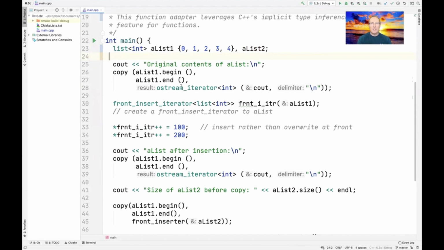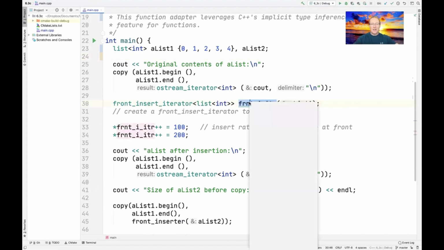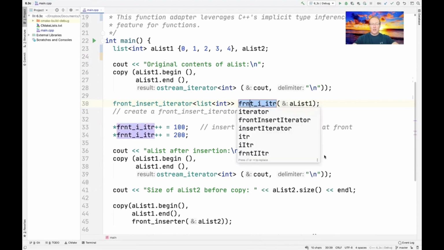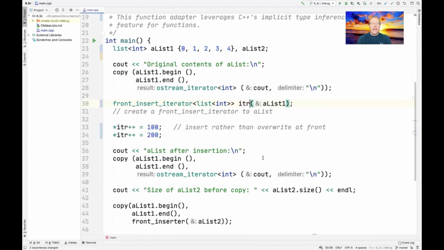So we print the contents of the list. Then we're going to make ourselves a front inserter. And let's go ahead once again and just kind of clean that up. I think that's a little bit too verbose, so let's call it iter. And then you're going to see here that when we say star iter plus plus, it'll add the elements at the front, sliding the other ones down, of course, rather than